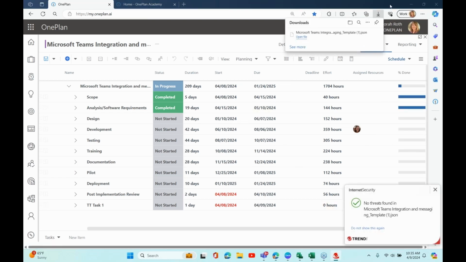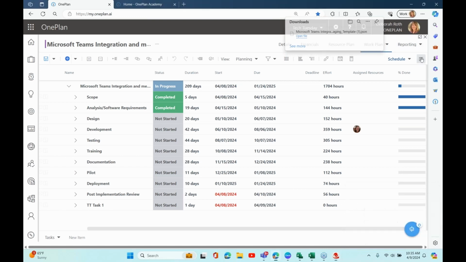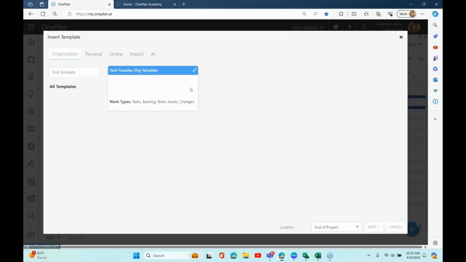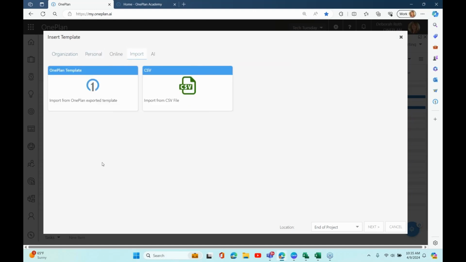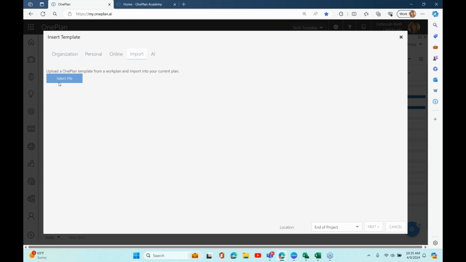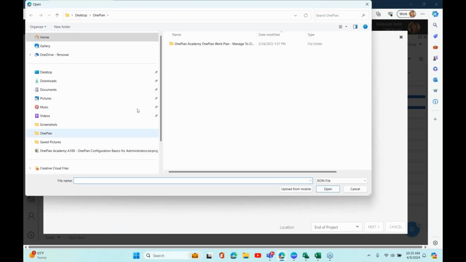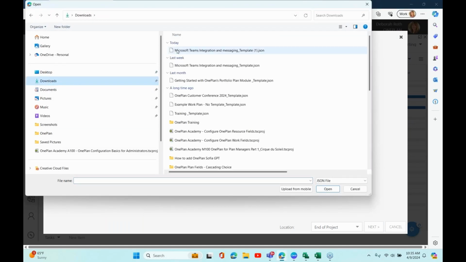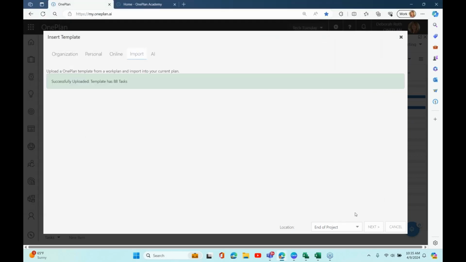I have this template that now I can add to my template library. So when I go to the templates, I can now import, and then I can select the file from the downloads, and I can import that into